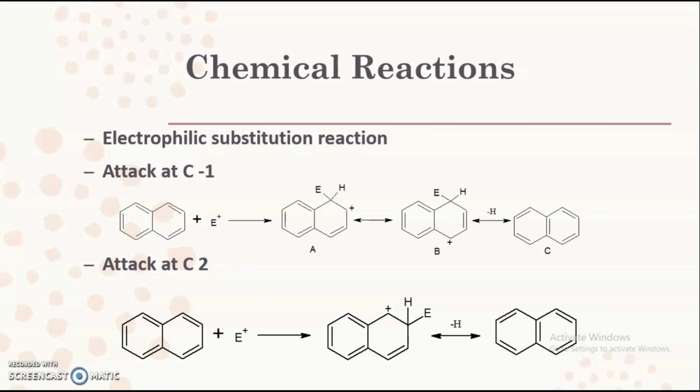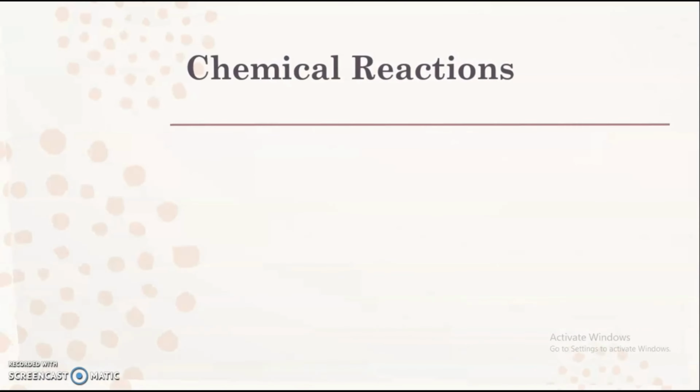So when we perform the electrophilic substitution reactions of naphthalene, the electrophile is substituted at the first position. If the first position is blocked, meaning another group is present, then the electrophile will migrate to the second position. Also, it depends upon the reaction conditions that we are using for performing these reactions. So this is about how the electrophilic substitution reactions are carried out. Now we will see actual electrophilic substitution reactions.